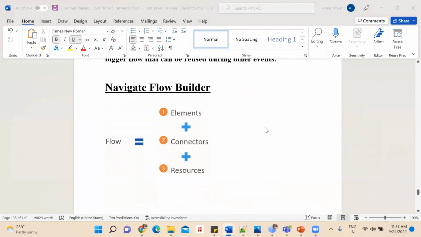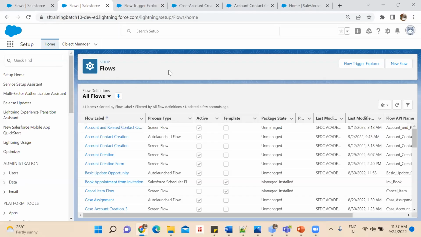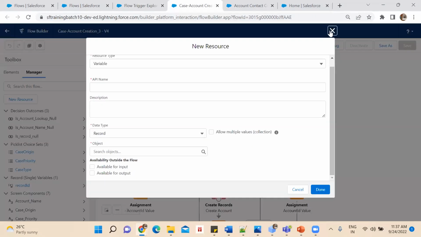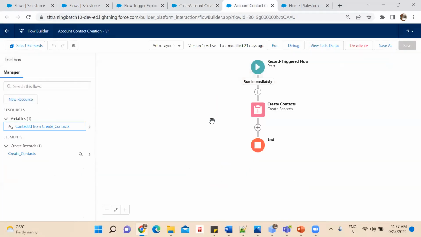To tell you about those things, I have created a small flow. This is a big one; this is a small flow I have created. First I will tell you what connectors are. This particular area where you build your flow is called the canvas. In that, the plus sign that you see is called a connector. It helps us connect all the elements that are there. So what is the use of connectors? It's nothing but to connect the flows.